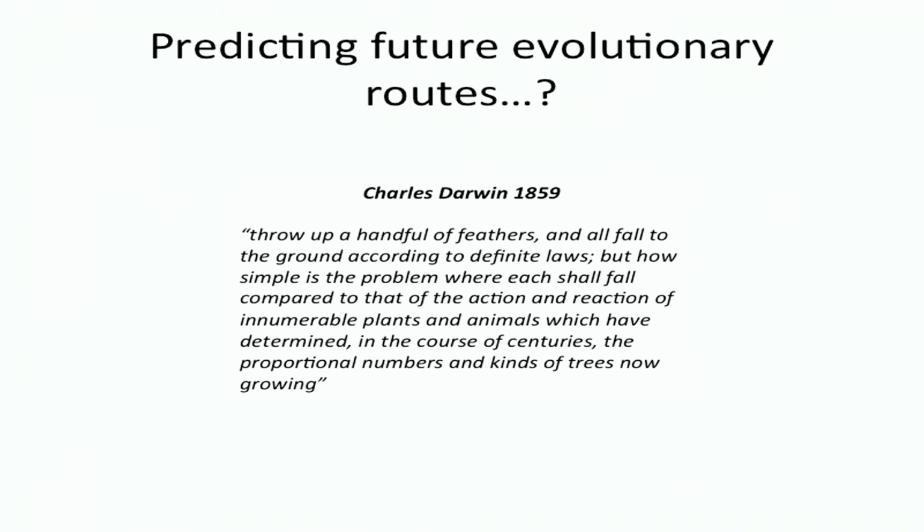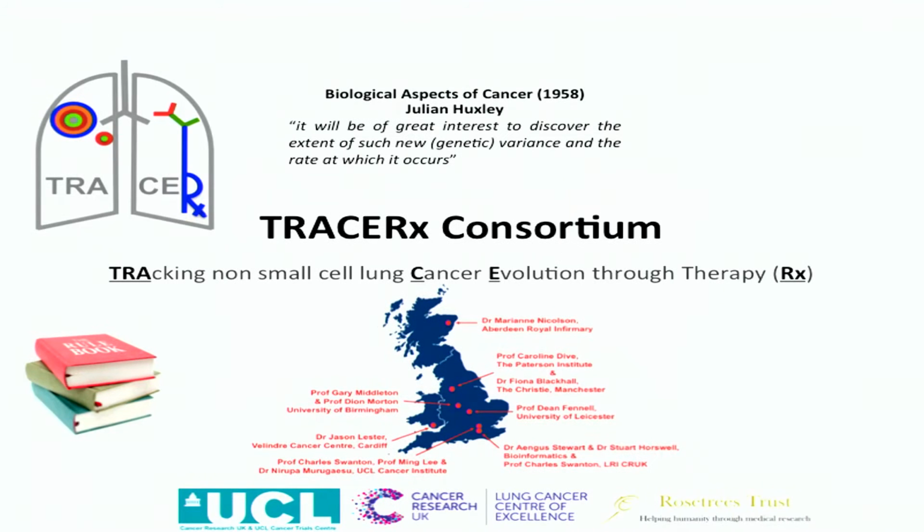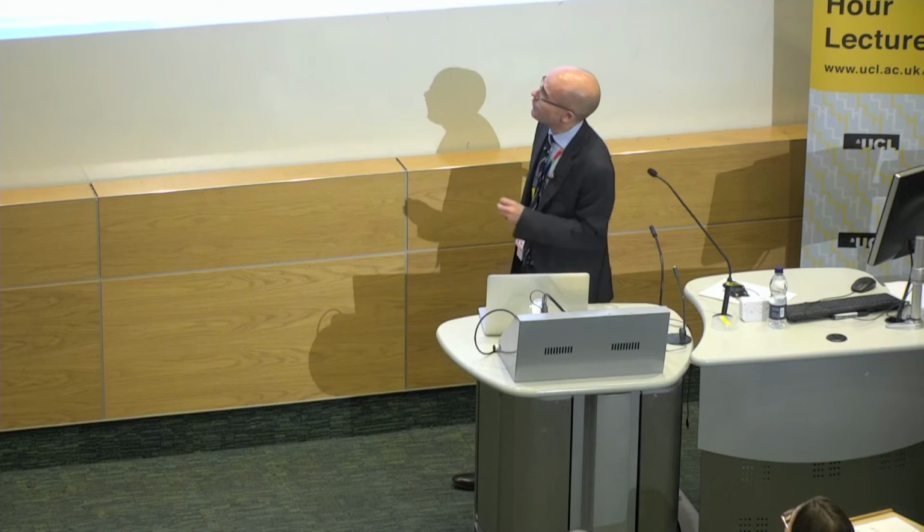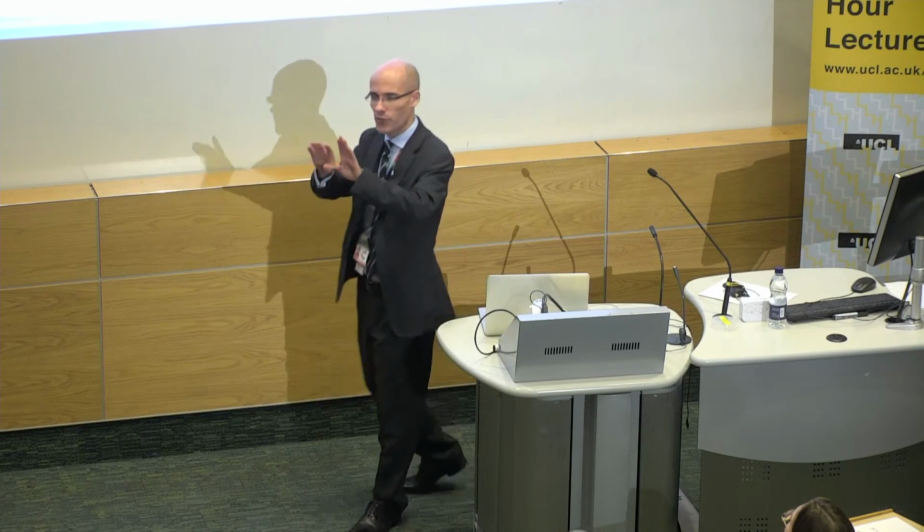We're hoping that evolution in a patient is predictable, but maybe we too will fail. But we'll try nevertheless. So that set up really the background to what is now called the TRACERx Consortium, which is a national consortium with about 15 hospital sites across the United Kingdom to try to understand cancer evolution in intense detail. And we're focusing on lung cancer, and we're focusing on early stage lung cancer from diagnosis through to